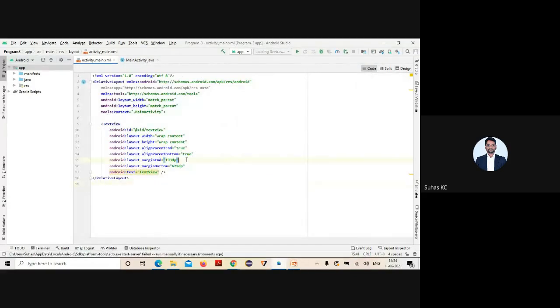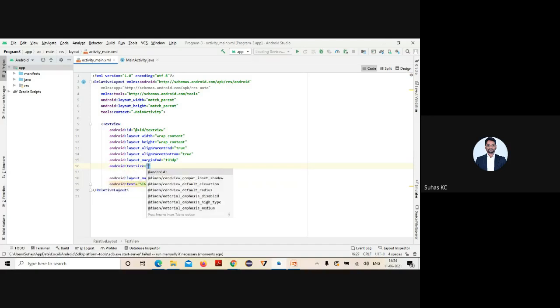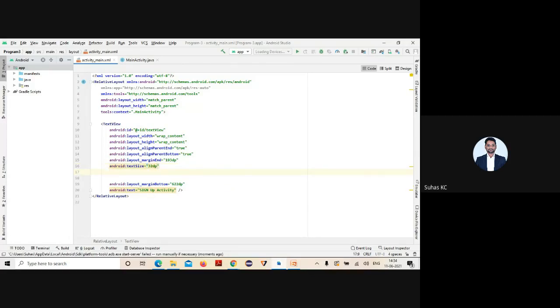Okay, so here what I'll do is just a text message, right? I'll display the message as something like sign up activity, and I can display whatever I want here itself. Suppose I want to change the size, you can change this. Okay, 32 dp. Then you want to align it to your center, so text align. See, it will get there itself, center.